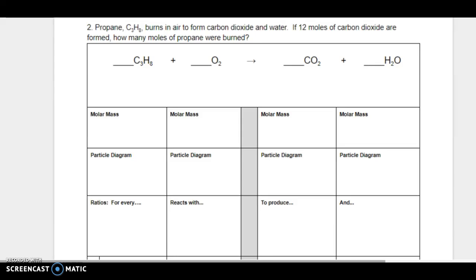Okay, so here's number 2 on practice 5. Please make sure you're trying these on your own. If you're just watching me do it, it's worthless, okay? So please don't do that. Okay, all right, so